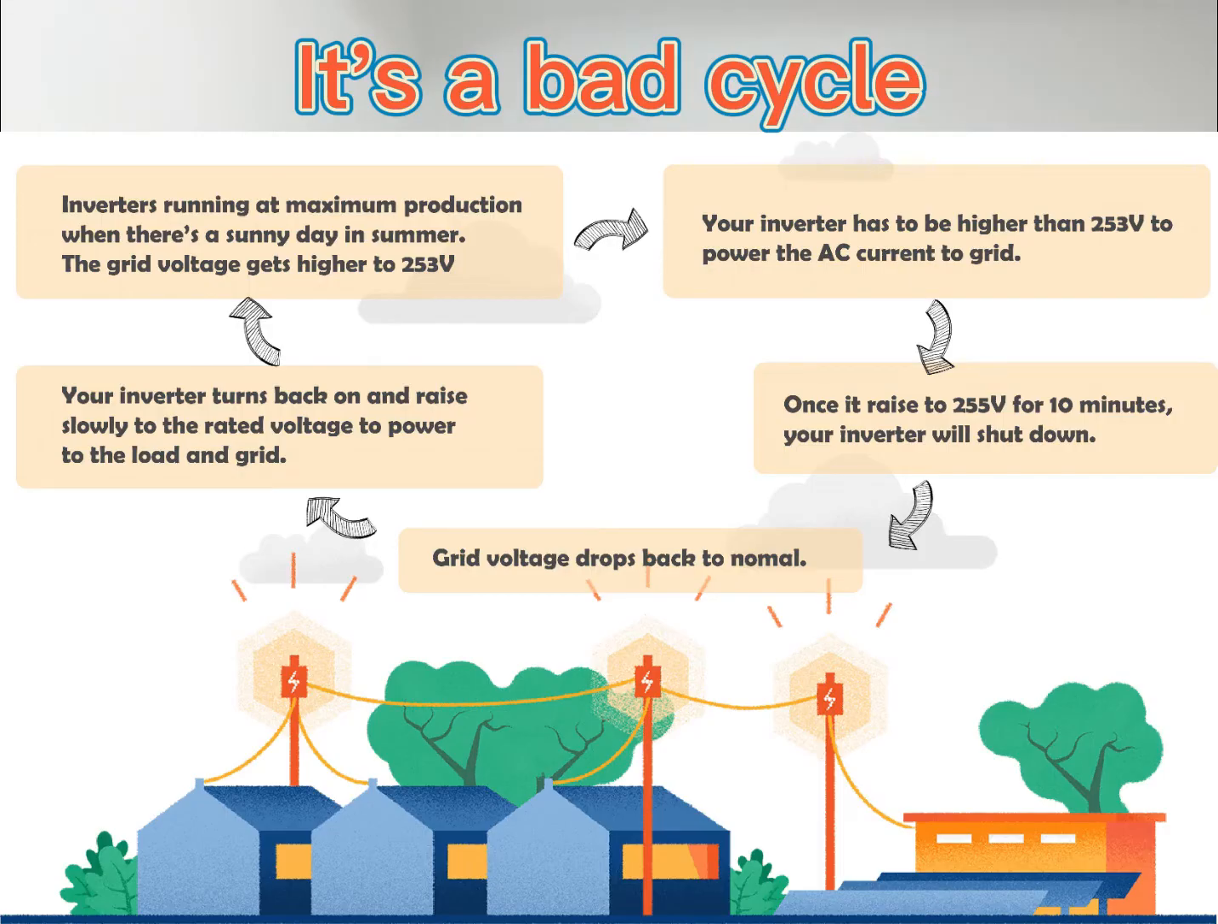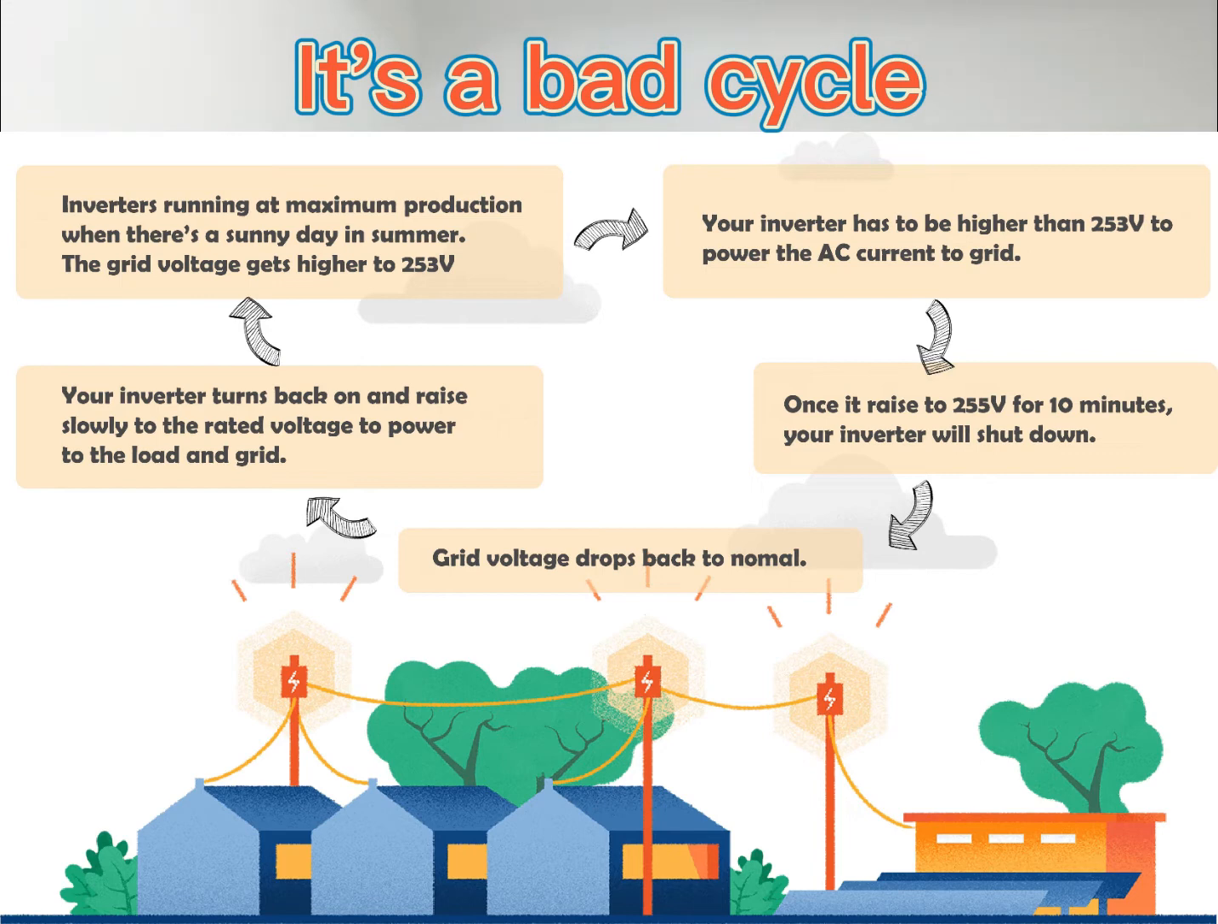At that time, the current is the highest in the day. In order to allow so much current to pass through, the voltage at our user terminal must be increased. When a large amount of current flows into the power grid, the voltage at the power grid end will also be increased in order to allow such a large amount of current to flow into the power grid. When the power grid voltage rises to 255 volts for more than 10 minutes or reaches 260 volts, all inverters